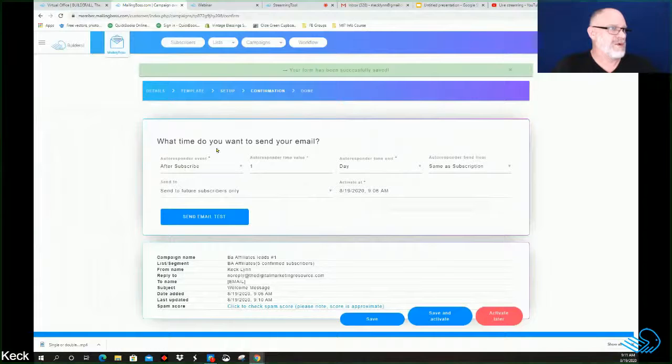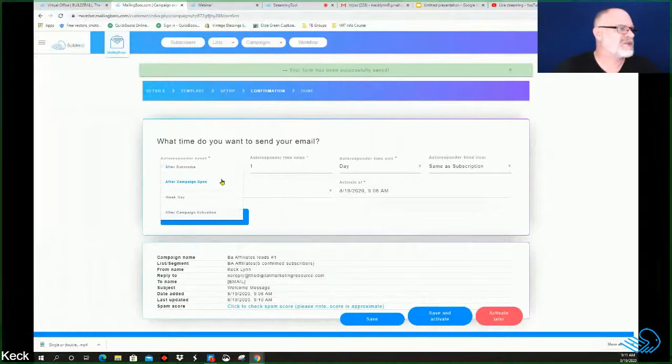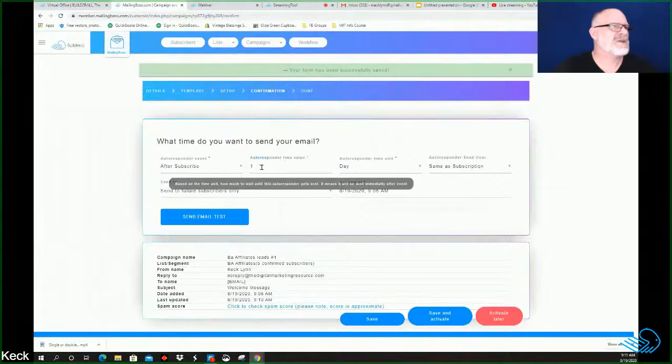Okay, so right here, what time do you want to send your email? Autoresponder event: after subscribe. We can choose after campaign open or weekday, but we want to stick with after subscribe. Okay, time value. If you click on time value here, it's going to tell us based on the time